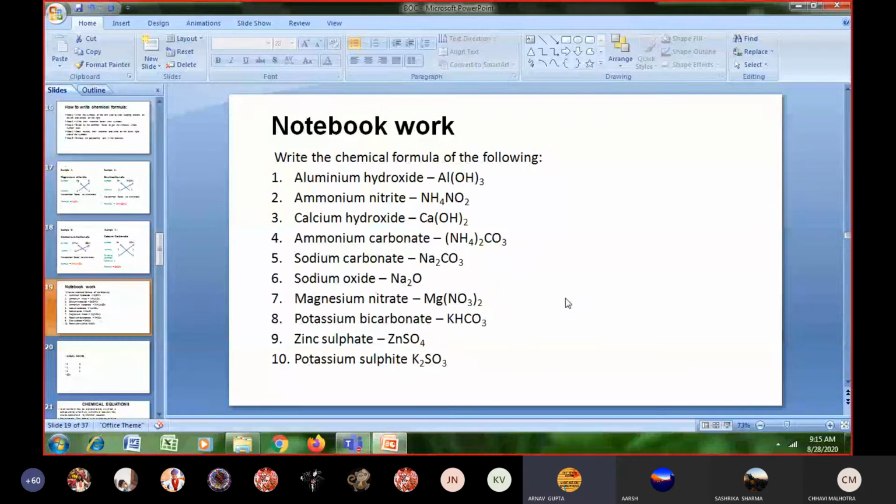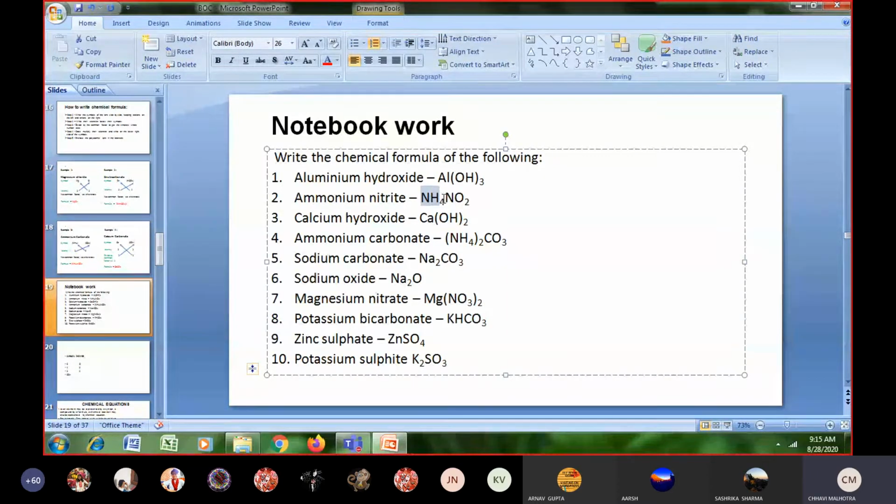It's looking like NH is some compound and 4 is the valency. No, so that means, and you do not know what is ammonium, if you are considering this 4 as the valency. If you know ammonium is NH4 and you see there is no bracket around it, then you will understand it is 1 only here.